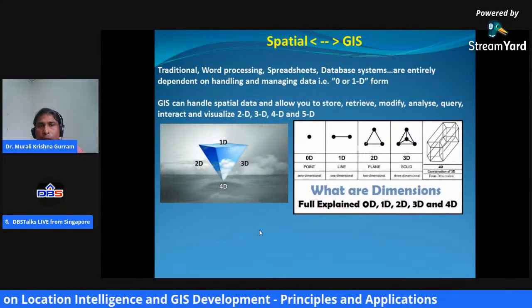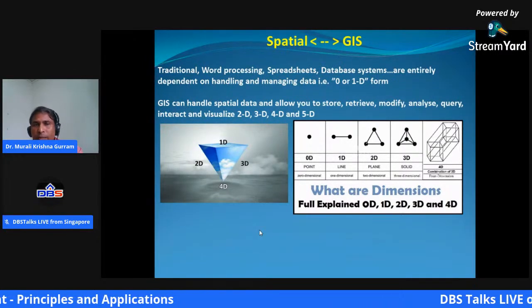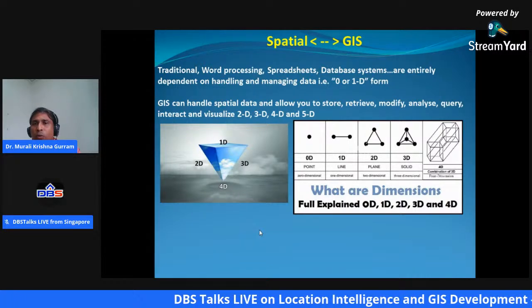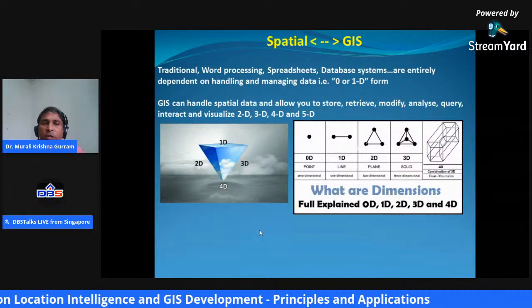Most of the times here we are referring to real world phenomena: 2-dimensional, 3-dimensional, 4-dimensional.